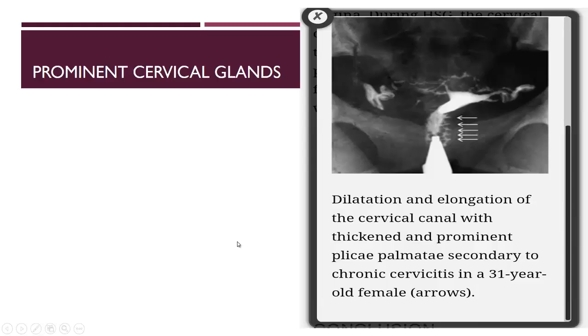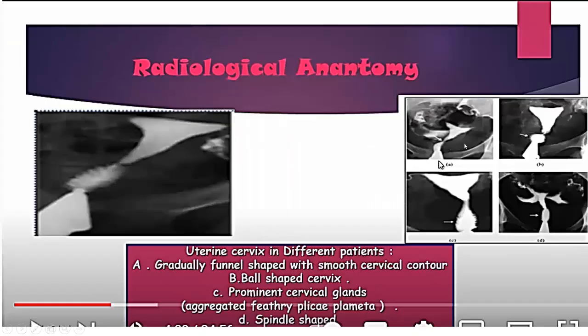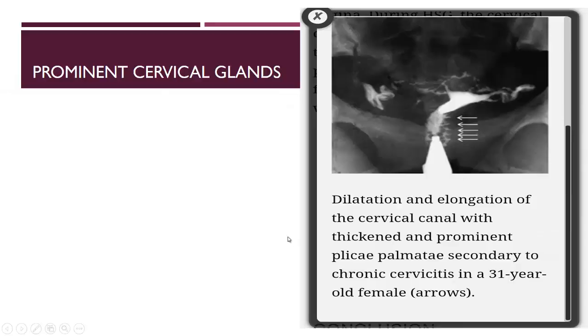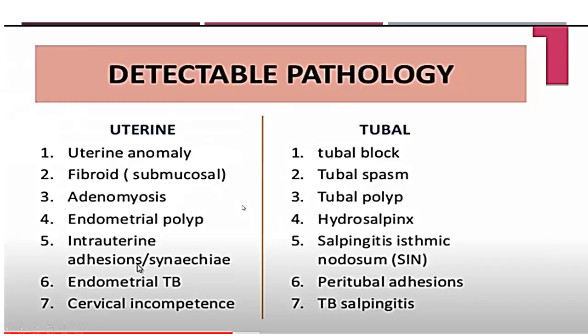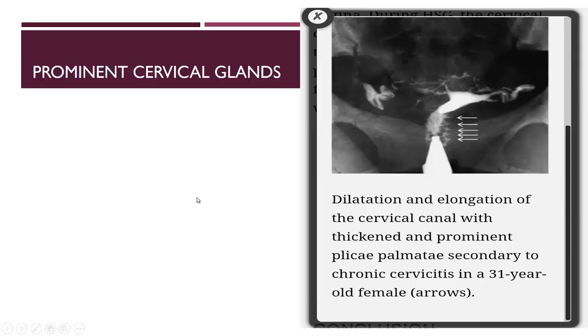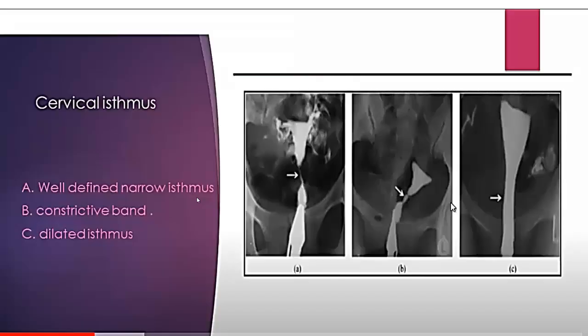Prominent cervical glands. Here there are prominent cervical glands, with dilatation and elongation of the cervical canal with thickened prominent plicae. This case is with chronic cervicitis, it is more exaggerated. But when you find cervical glands like we saw in the last examination, this is normal. But this is exaggerated in case of chronic cervicitis. We will stop here with the normal